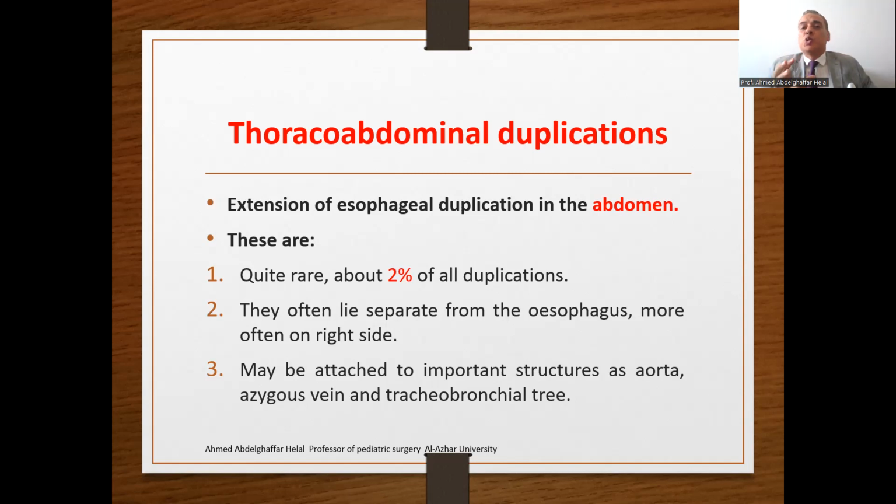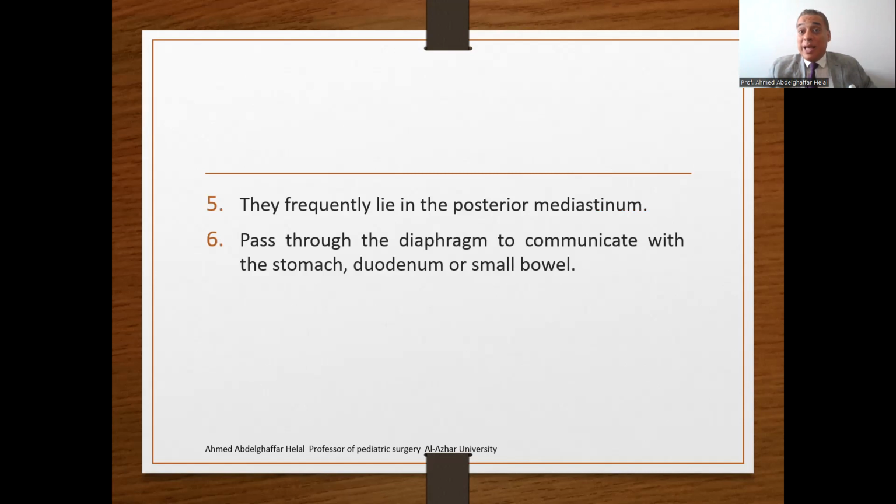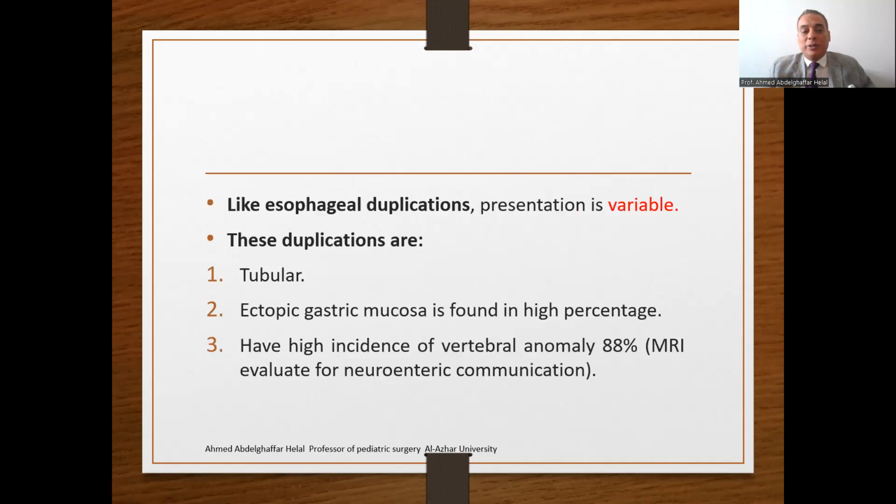So this is called thoraco-abdominal. This is the thoracic part, and this is the abdominal part, the extension of the esophageal duplication into the abdomen. They frequently lie in the posterior mediastinum and pass through the diaphragm to communicate with the stomach, duodenum, or small bowel. Like esophageal duplication, the presentation of thoraco-abdominal duplication is variable. These duplications are commonly tubular, ectopic mucosa is found in a high percentage, and they have a high incidence of vertebral anomaly,